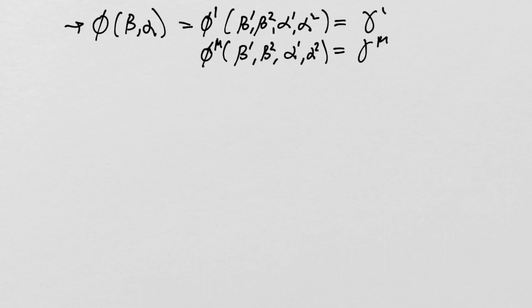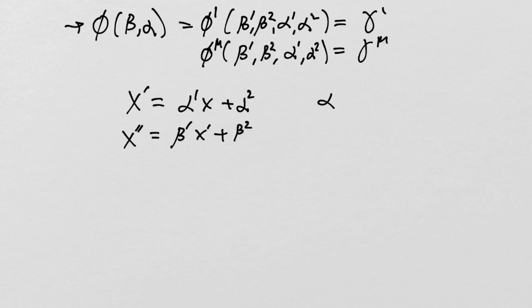Not too tough, right? Because these things are defined by how they act on the coordinate. So what I do is I say x prime equals alpha 1 x plus alpha 2, using the transformation alpha. And then I say x double prime equals beta 1 x prime plus beta 2. That's for the transformation beta on x prime. Then I'm just looking for a transformation of x that takes us directly from x to x double prime. Right, so what would that look like? Well,